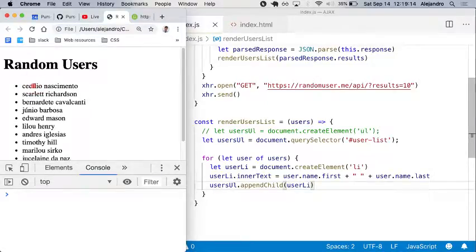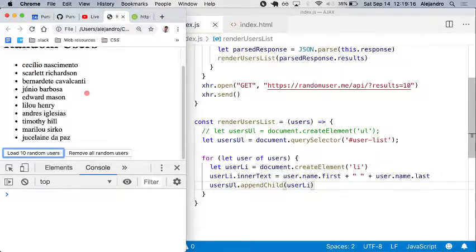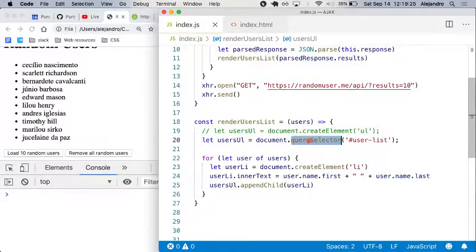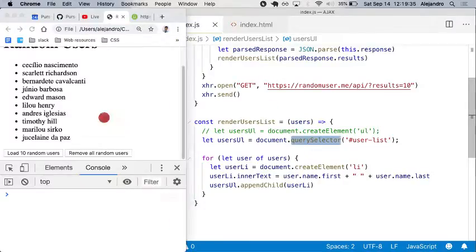Oh. I was not expecting that, but it was because I forgot that we used query selector. I thought we were still creating the element. You were. Don't worry, I got that for you. Yep. I got it for you. I don't know how I got it. So